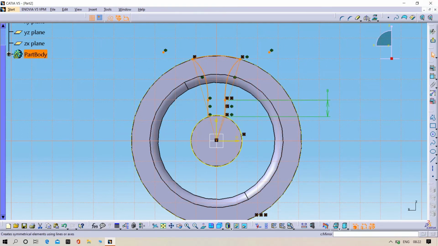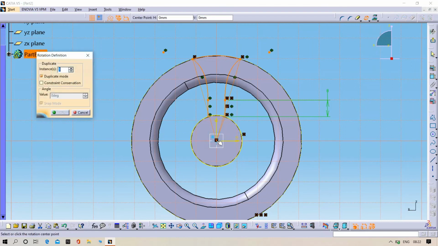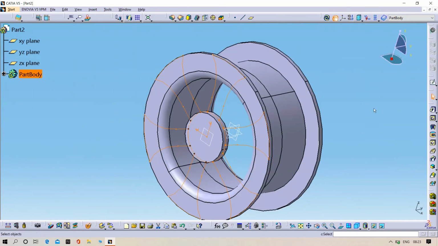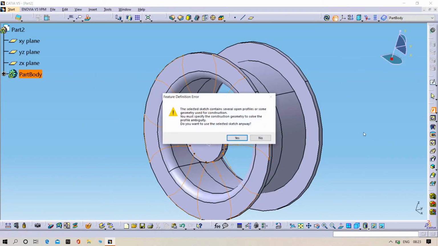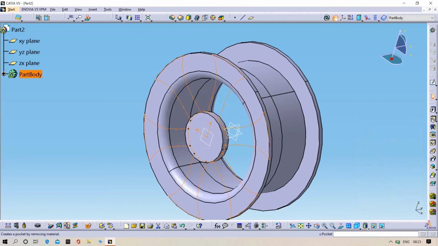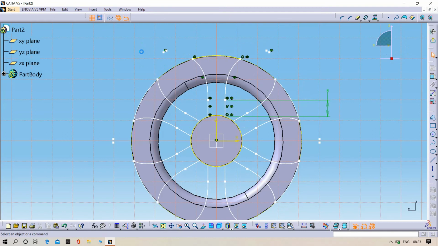Then select the rotate command and then select the center point. Give 5, then decrease to 60, then enter. Then try to exit from the workbench. We need to trim here.